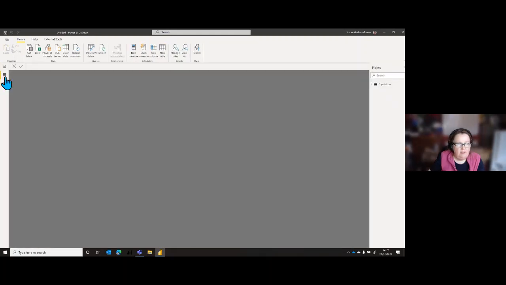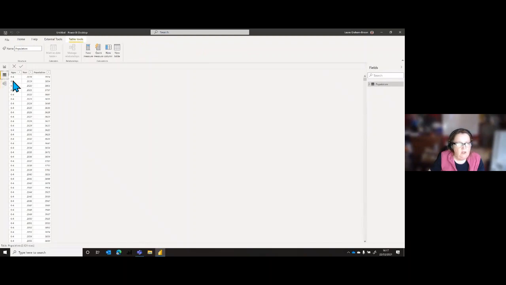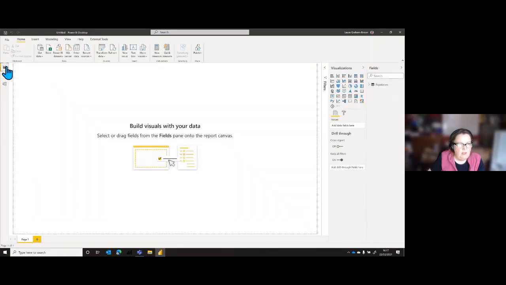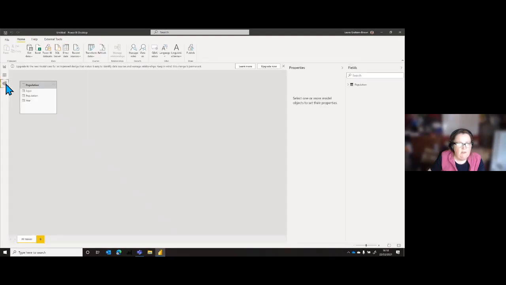That's my issue. So if I click onto data here, you can see here's our data. It's come through. That's at the top left of the screen. I've got a view of that one, and then I've got my data there. On the next one down, I've got relationships, but at the moment we've only got one table, so that's not very interesting. We'll come back to that one in a minute.